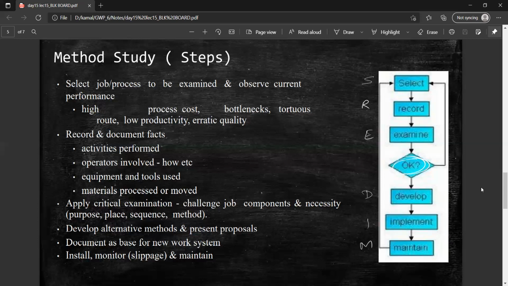Then examine. That means I have to inspect to construct or design the particular product. What type of challenges I have to face?